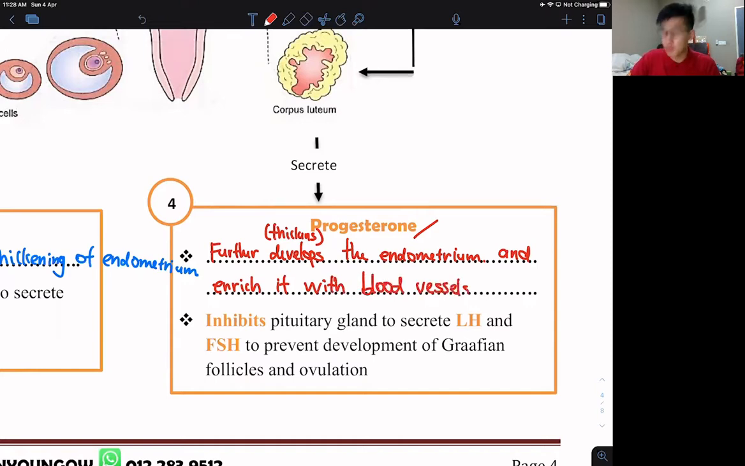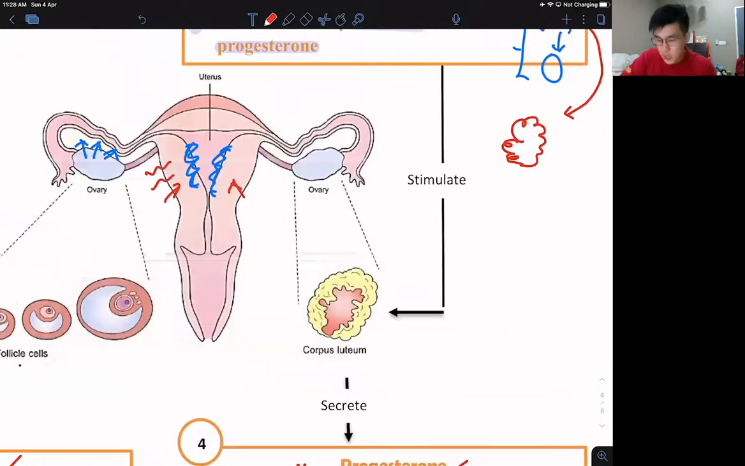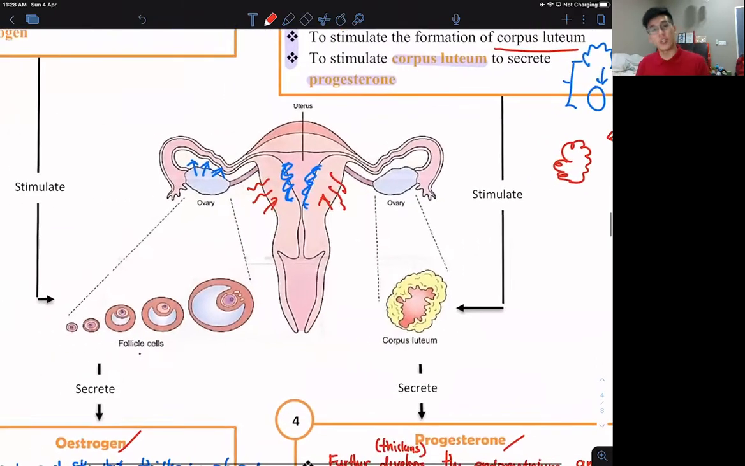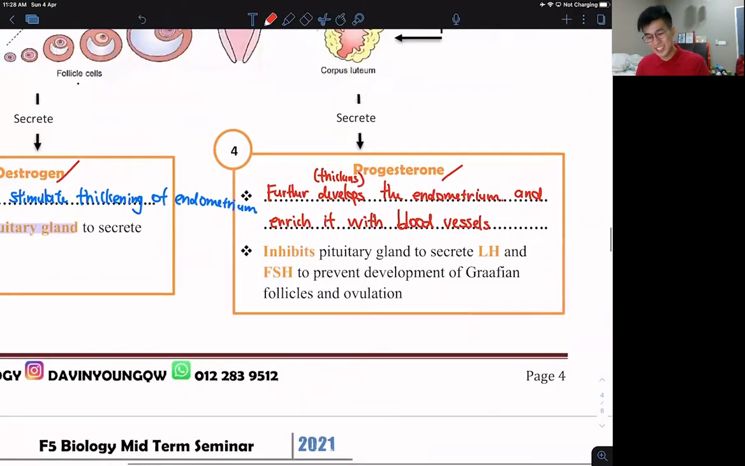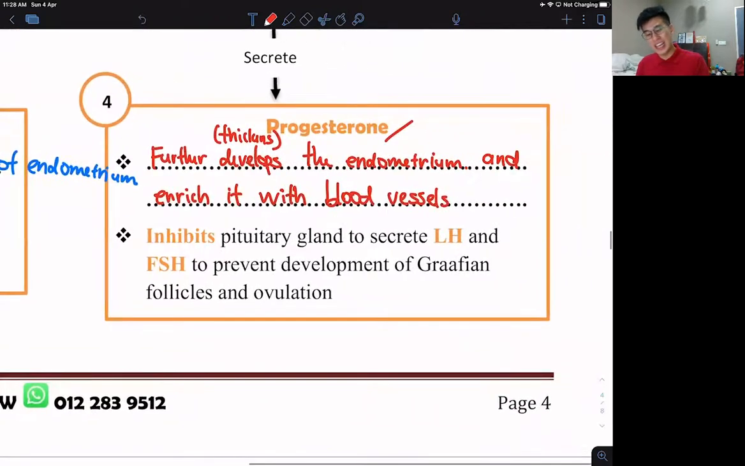Means progesterone also helps to form blood vessels inside the endometrium. Why do I need blood vessels? Like I said, the baby is going to grow there anytime. So I need these blood vessels to actually transport nutrients for the fetus in the future. So basically, I form more blood vessels here so that I can supply the nutrients for the fetus later on. Understand, right? Yeah, and then